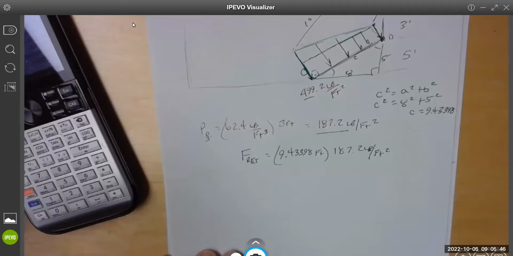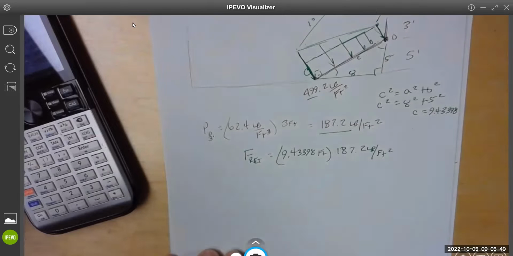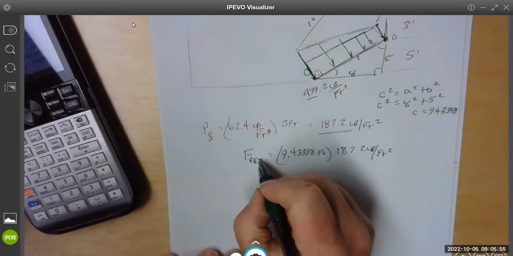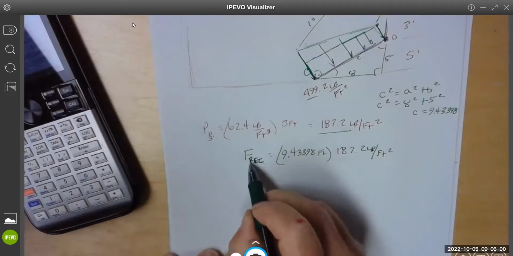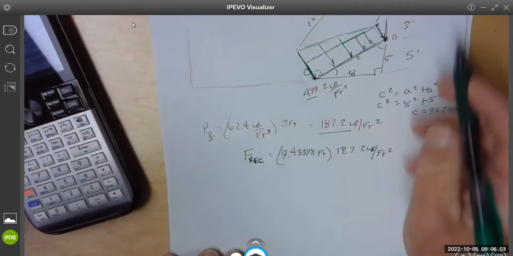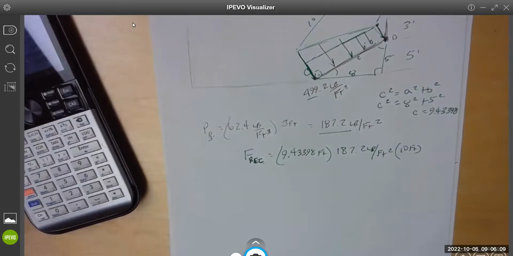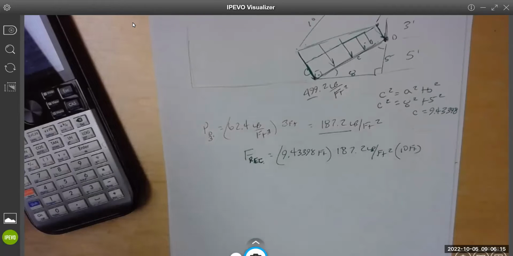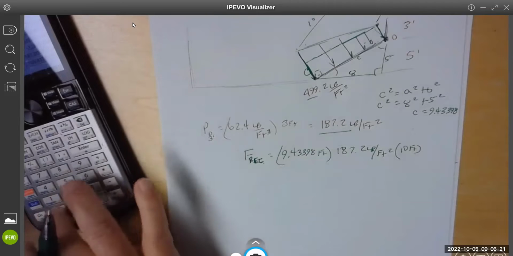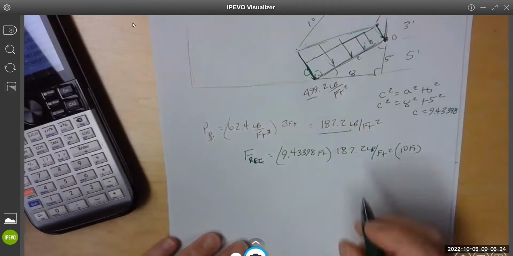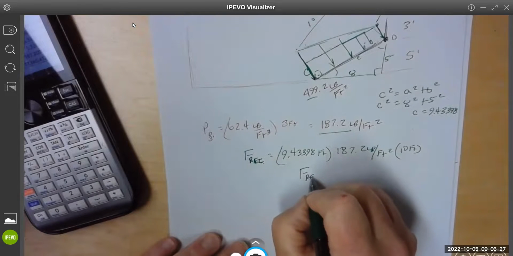What you wrote, FR, and then like for the force equaling something. What are those little tiny letters underneath the F? Yeah, so this one I wrote REC, rectangle. Just trying to keep it straight of what I'm doing. So this is the force due to the rectangle. And I'm gonna actually multiply the 10 feet in here also. So that'll be the total force of the rectangle, right? The volume of pressure. So the force of the rectangle